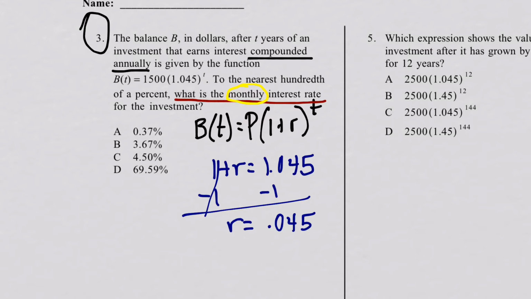But we don't want R. Remember, R always stands for the annual interest rate. Whatever is in here always stands for the annual interest rate. But they're not asking for the annual interest rate, they're asking for the monthly interest rate. So what I'm going to do now is divide that by 12 to find the monthly interest rate. So monthly is whatever 0.045 divided by 12 is. At this point I need a calculator, and my calculator says